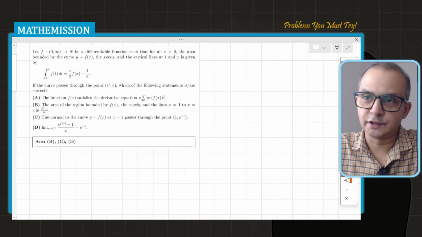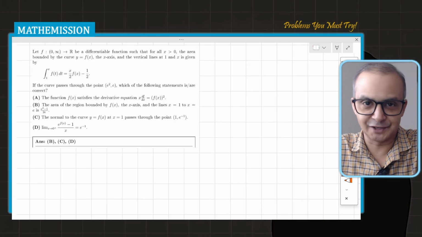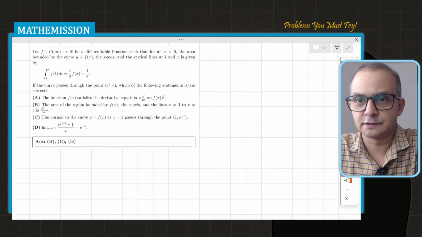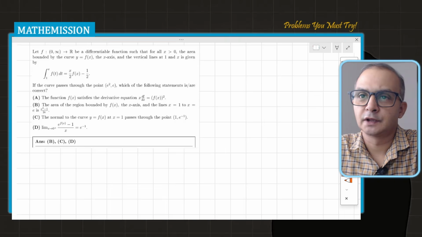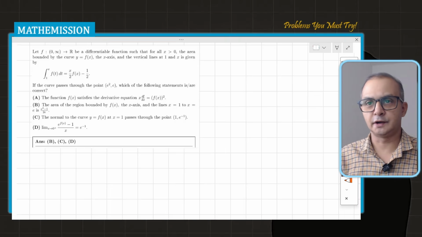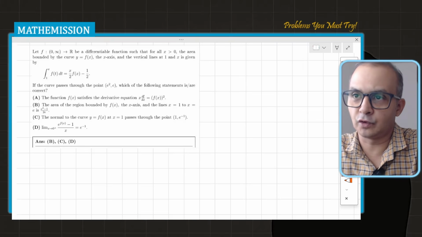Hello everyone. So in this video we are going to do something which is not from GTA. This is the question we have. The first question is: a function f from 0 to infinity to R is a differentiable function such that for all x greater than 0,